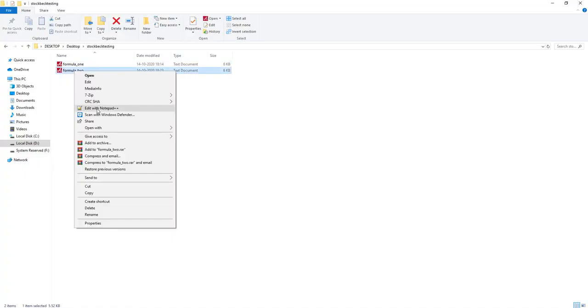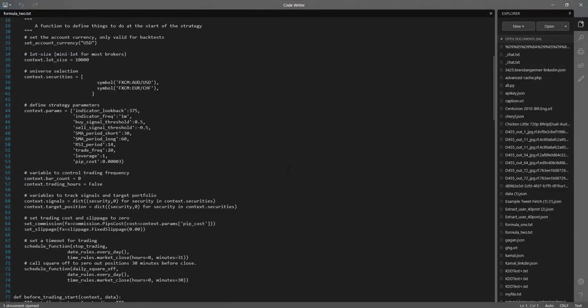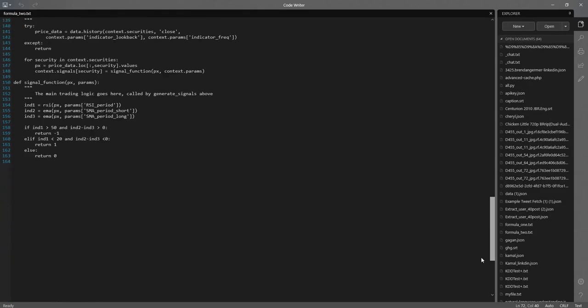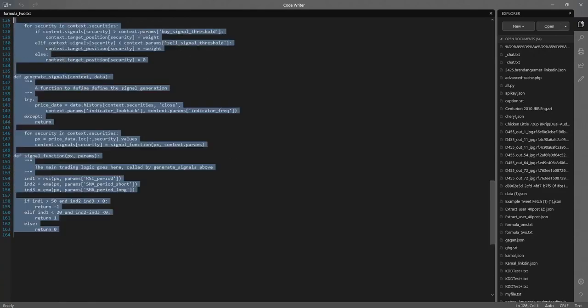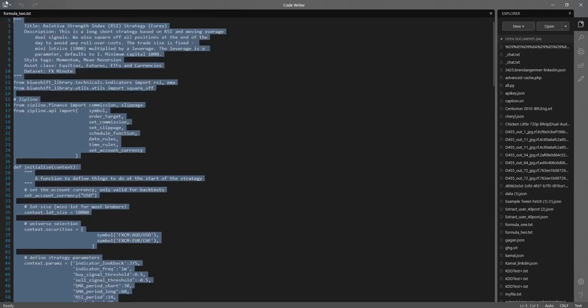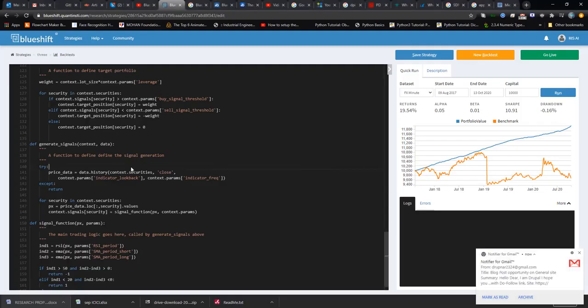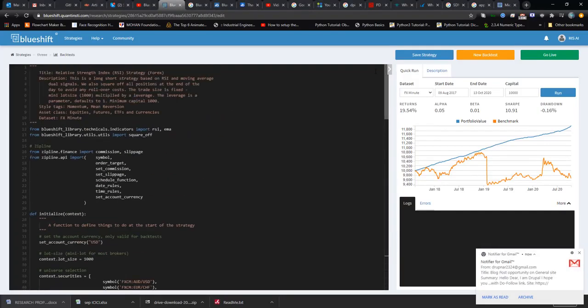So I'm going to open my formula number 2, and I don't know what happened with my mouse. I'm going to paste my second formula here. So let's try it.